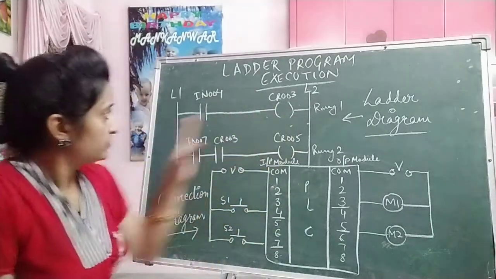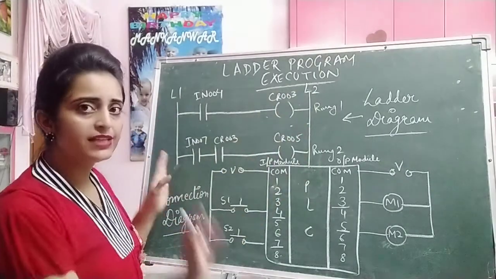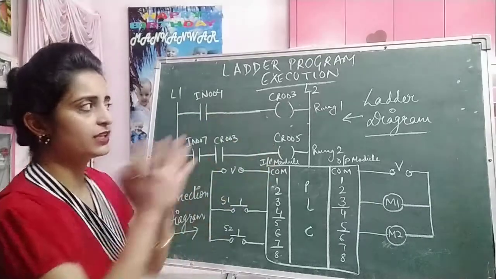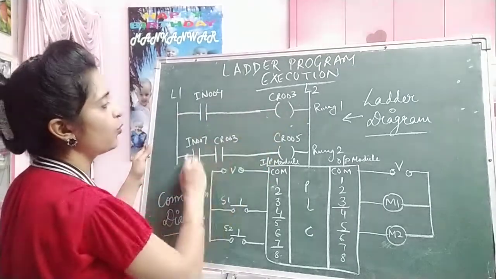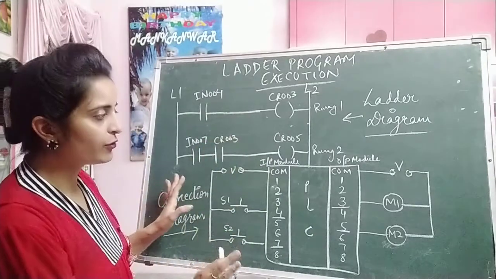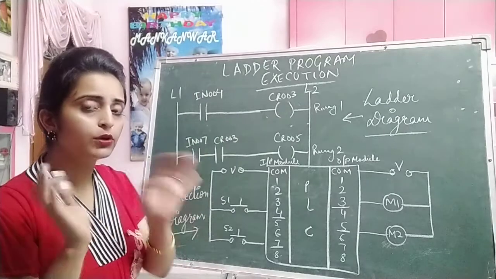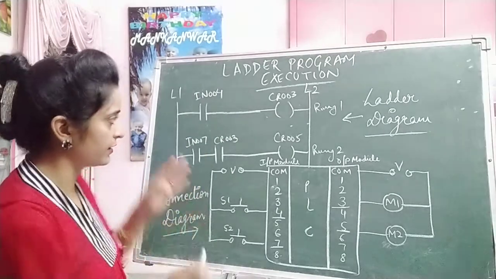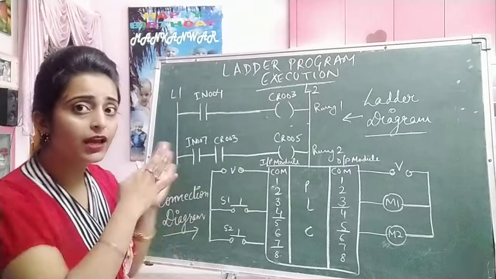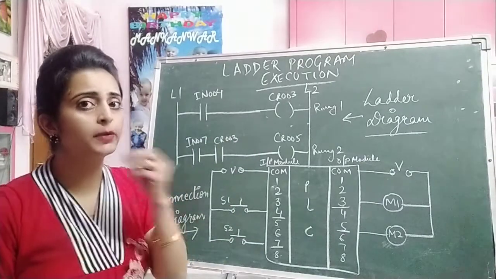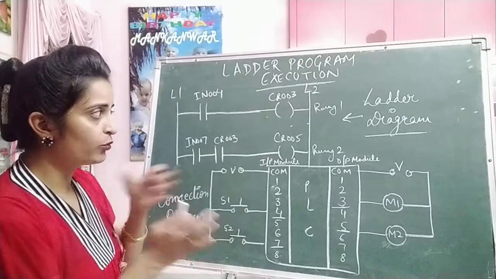Okay, so here, as I have already told you, L1 and L2 are the two rails that we have made, one for phase and another one for the ground. Then this is rung 1, rung 2. Here what we have used is, say, IN004, an input on terminal number 4 that is connected. If you see the ladder diagram and the connection diagram together, it will become easier for you to grasp and understand it.